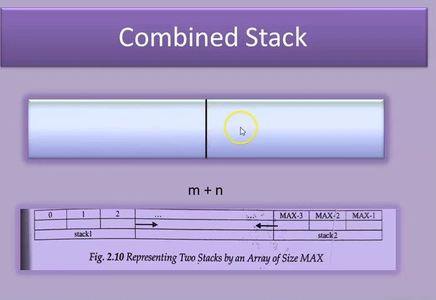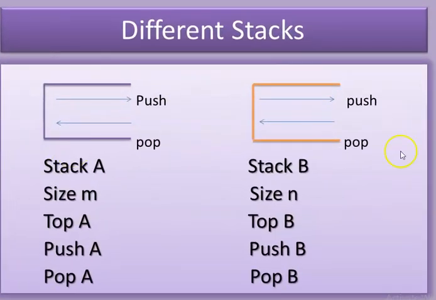So this is one way of representing, which doesn't make any difference from that of our separate stacks we have discussed here, because we are having 5 elements here and 6 elements here. So put together they will be having how many elements? 11 elements. So when we try to push in one element here, it is a stack overflow. When we try to put in one more element here, it will also be a stack overflow.